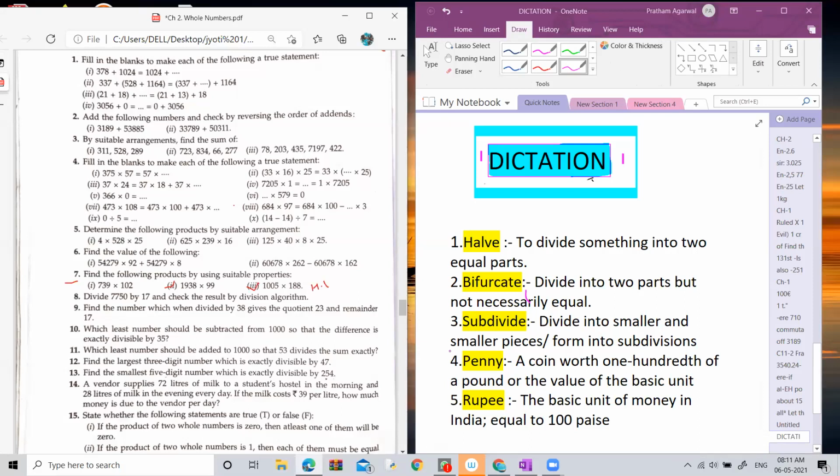Are you doing homework daily or not? Yes, ma'am. Another day I will check your homework. You all have to show your maths copy to show whether you are doing the work or not. So please be particular about the homework. Whatever we give you every day, you have to do in your maths copy in a neat and clean way. Fine. Now let's come to question number 8.